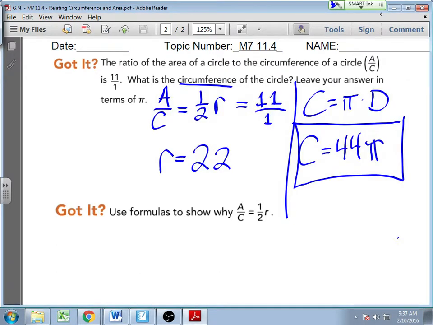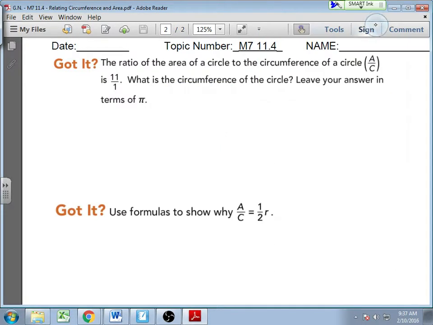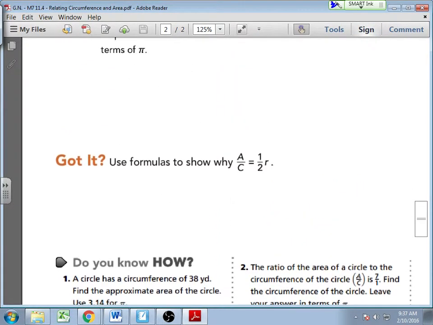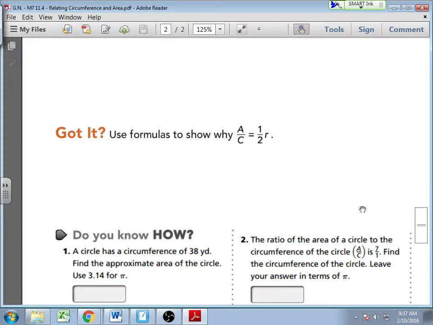Try the got it. Sorry. Not this got it, I'm thinking of a different got it. Oh, that's why I put extra problems on here. So,